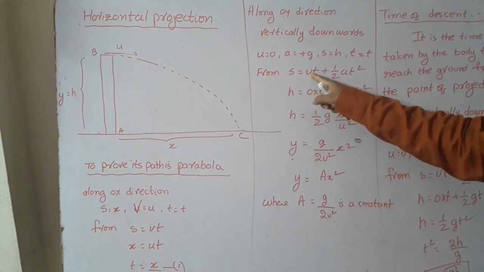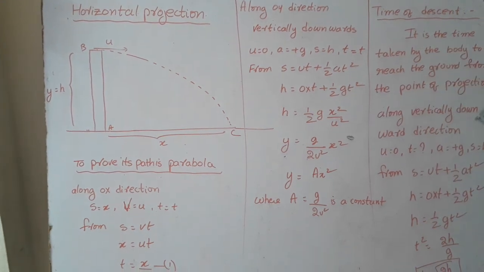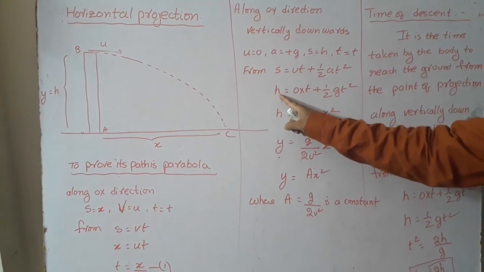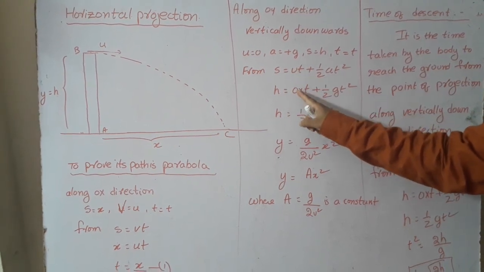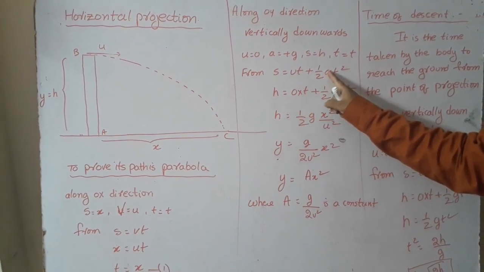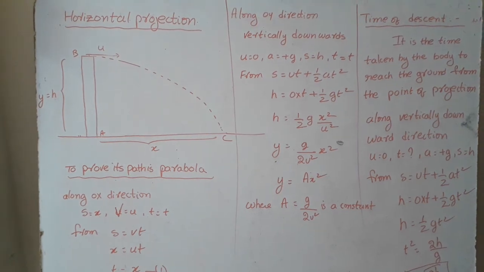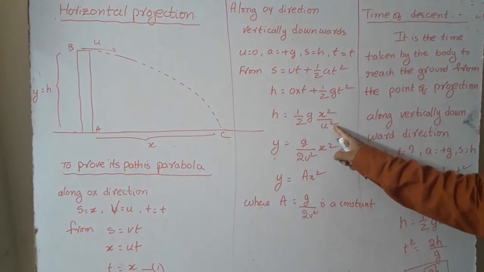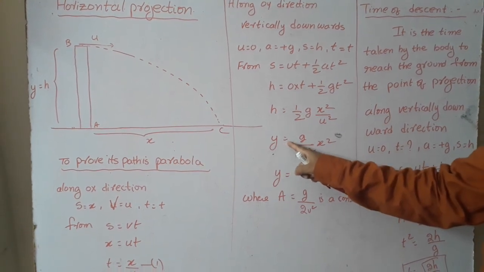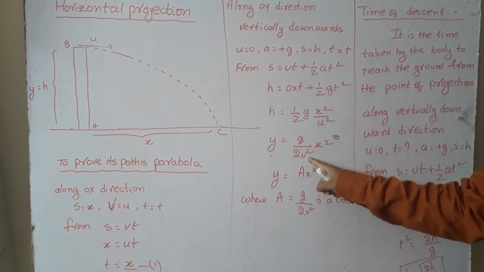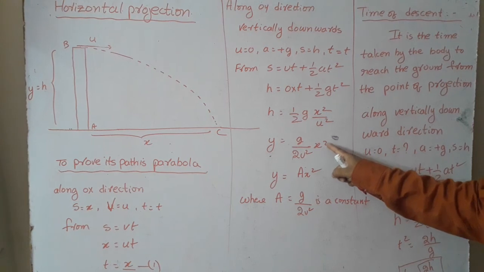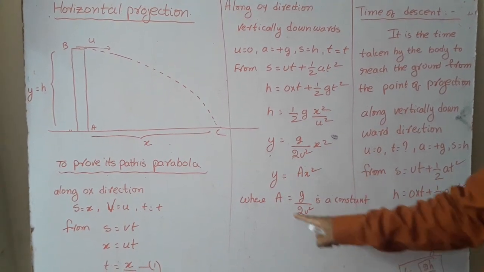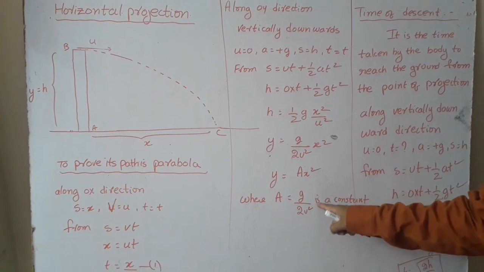Substituting in s is equal to ut plus half at square, instead of s, I substitute h, instead of u, 0, instead of a, g. h is equal to half g x square by u square, or y is equal to g by 2u square into x square. y is equal to ax square, where a is equal to g by 2u square, is a